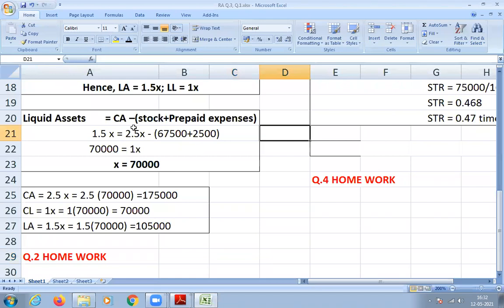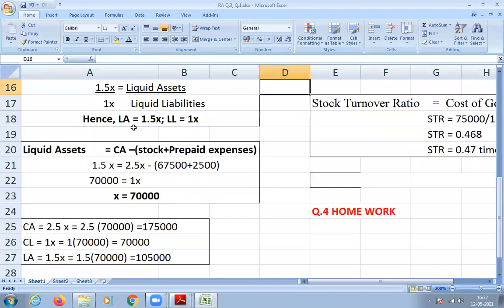This Excel I'll immediately upload in the LMS. You can refer to this Excel and then prepare. The video also I'll be uploading in the LMS immediately. Any doubt in today's class before we wind up, dear students? No, sir. No doubt.